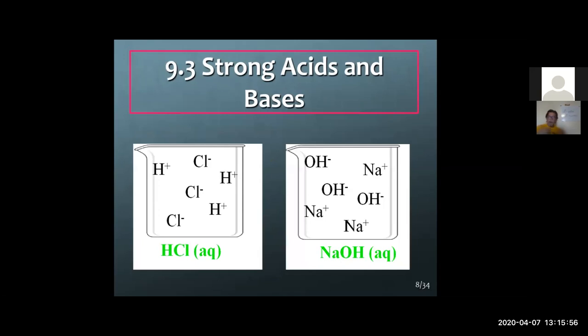Now, how do we denote that in the diagram? If you look at the left side, that beaker, you have a solution of hydrochloric acid. They are totally dissociated. All the ions are apart and all dissolved in the water. Now, if you look at the diagram on the right-hand side,